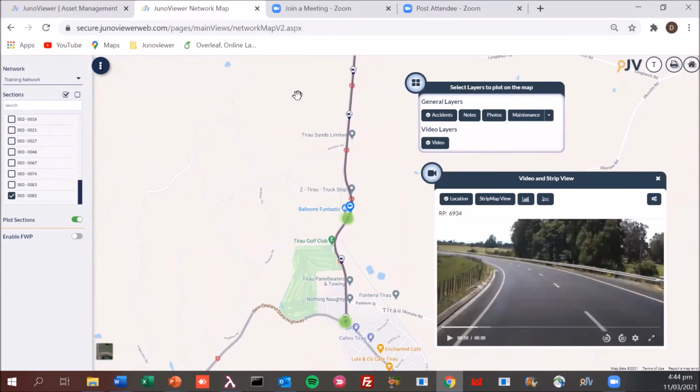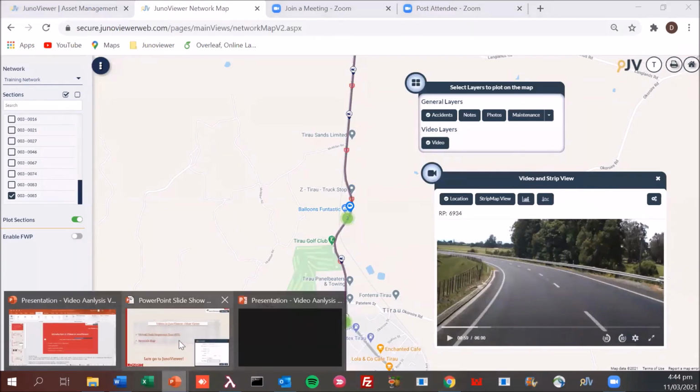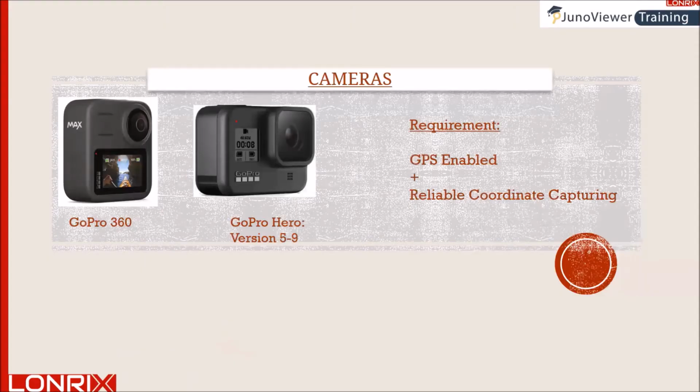Cool. So those are the four main views that allow you to have videos in JunoViewer. We're going to go back to the presentation now. So cameras: in order to get a video captured, you need a camera. If you don't have a data provider that does all that work for you, and you want to capture